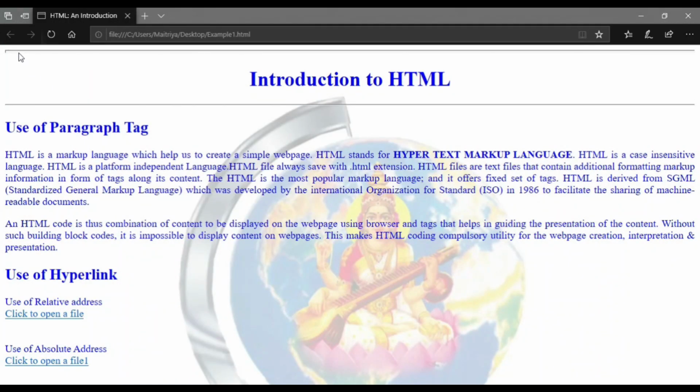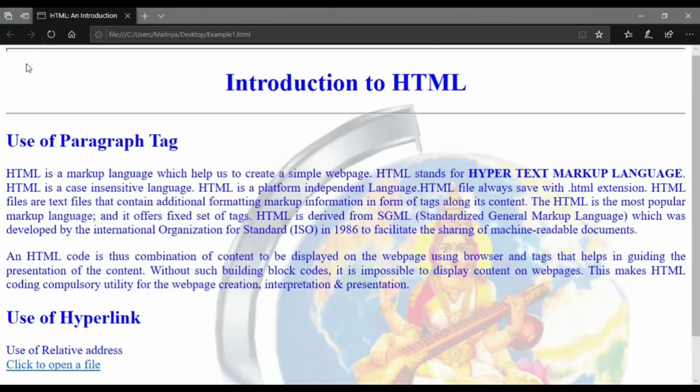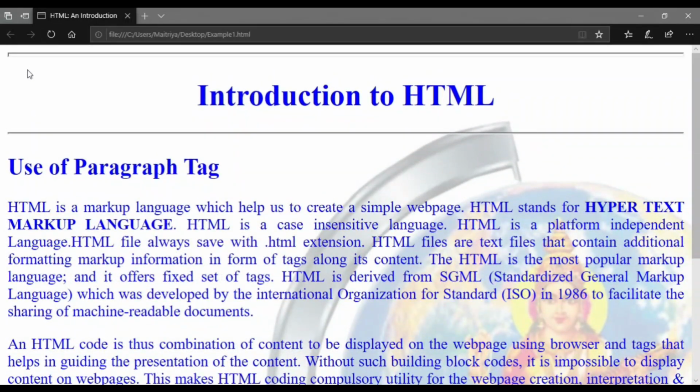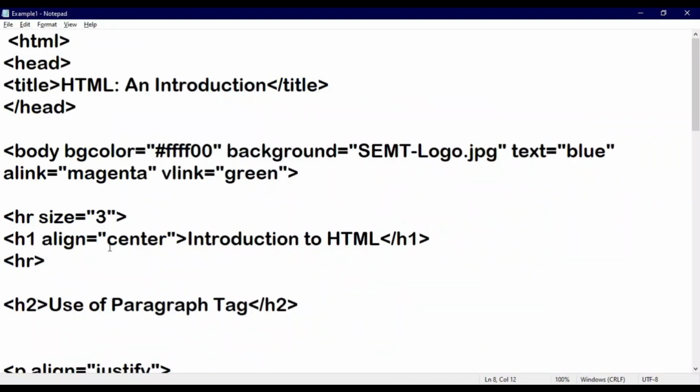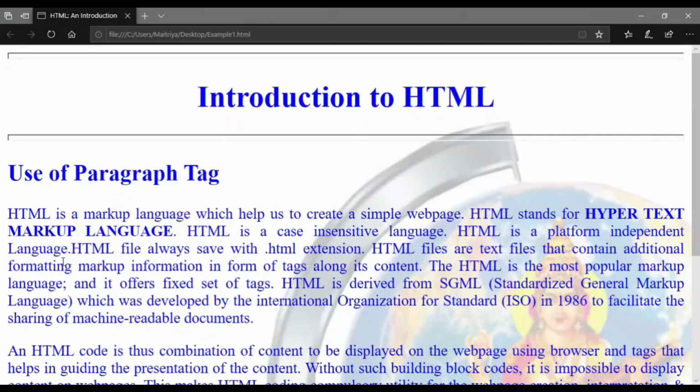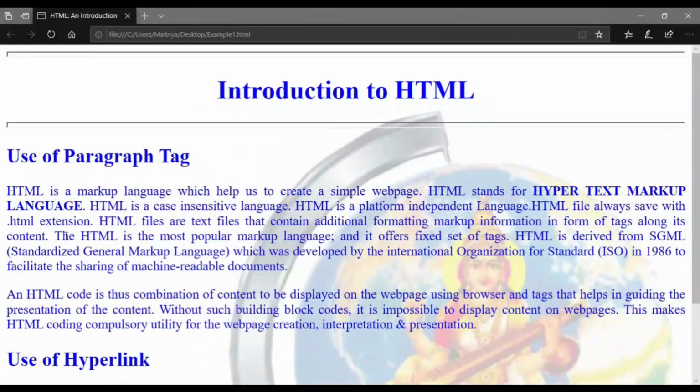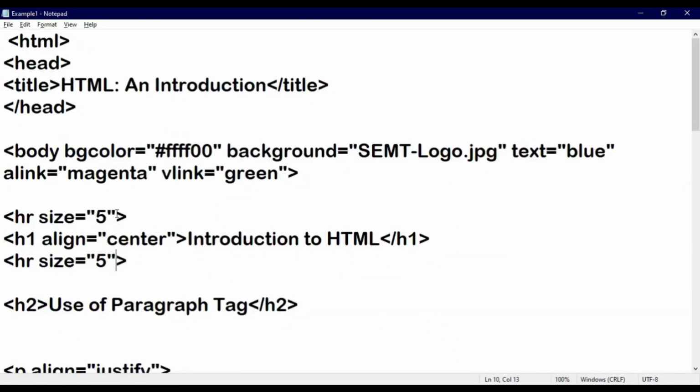You will see the thickness of your line increased, but when I zoom you will get a clearer idea, because right now the line has no color so it cannot be seen clearly. When we change the color, you will understand the difference in thickness. So the first attribute is size, and it accepts only a numeric value. Instead of 3 I am providing 5, and I copy and paste the same line here, save your file and refresh. Now you can see the thickness increased, and this is because of the size attribute.